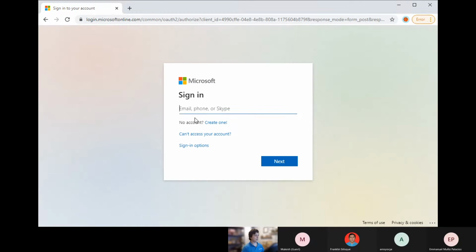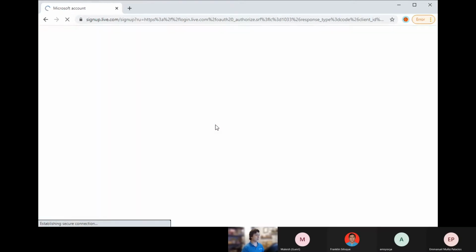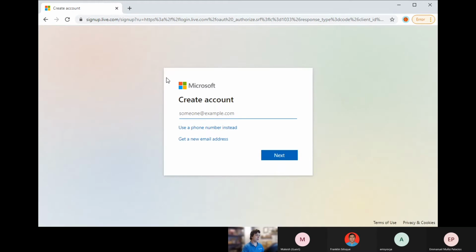Let's do that. Okay, there is one small problem. We need a Microsoft account already, not from another environment. I mean a personal account like Hotmail or Outlook or Live.com. And in order to use this, we need to create one. That's what I'm going to do first, because I do have some Microsoft accounts already, but I have used them for environments like this before, so those won't work. I need a new one. In this case, I'm going to call this one